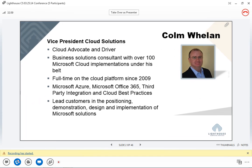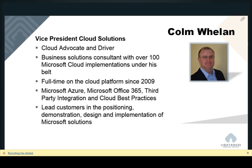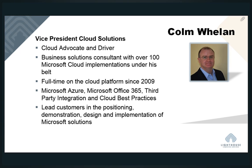So just briefly about me, I'm Vice President of Cloud Solutions at Lighthouse Computer Services, the organization hosting the event today. I've been working in the Microsoft Cloud space since 2009, specifically beginning with BPOS, which was Microsoft's first venture into the exchange, collaboration, and unified communication space in the cloud, which is now called Office 365, which a lot of our customers will be familiar with. I've also been working on Microsoft Azure since its inception also. So specifically leveraging the Microsoft Cloud for infrastructure as a service, platform as a service, storage, and today Enterprise Mobility Suite,